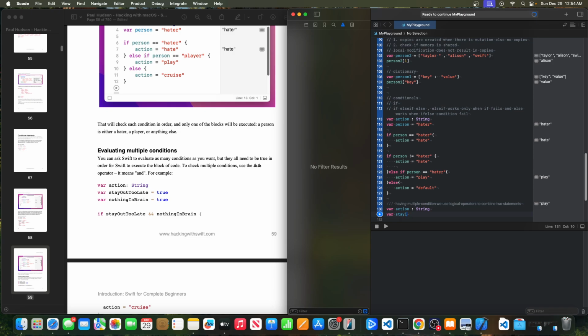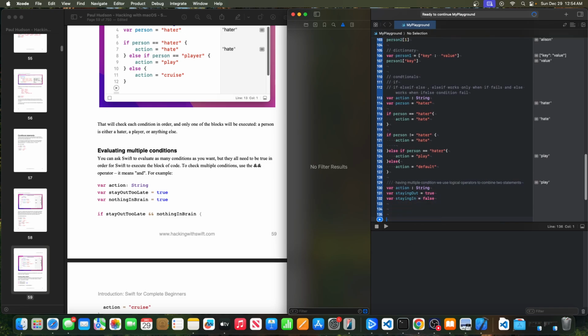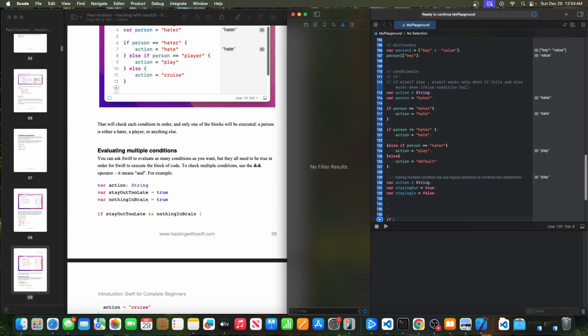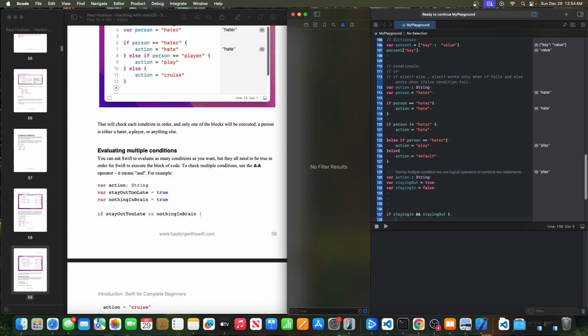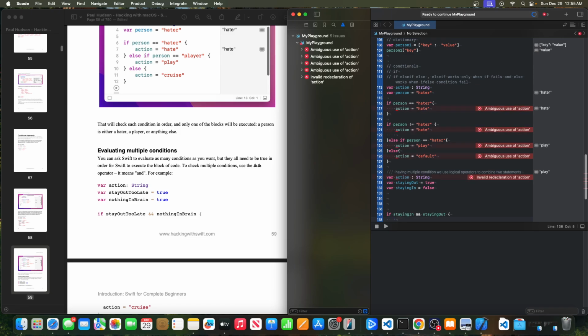This is staying out if this is true, and then I say staying in is. So now let's combine both. So if I say if staying in and then staying out, remember this is true, false, sorry, true, false, false. So then